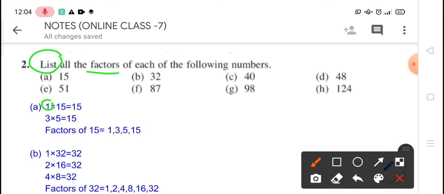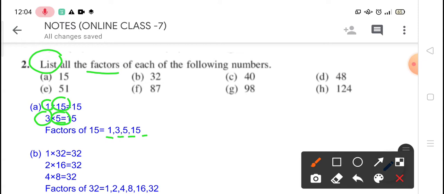After 4, continue with 5. But anyway, 5 is already in the list, so that means we are done. So what we need to do is, don't stop here. List out all the factors. Start from the smallest, which is 1, continue 3, continue 5, and the last one, 15. Okay, so this is the solution that you should do to list out all the factors of